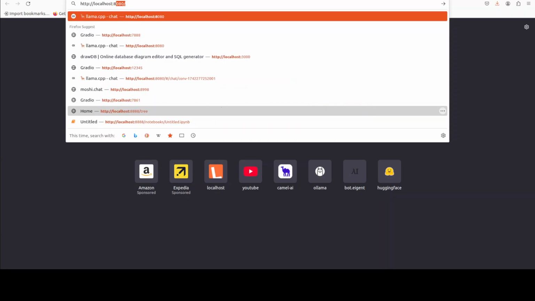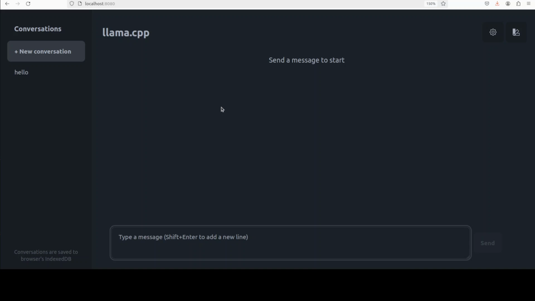So I'm just going to give it port 8080, and there you go. So llama.cpp is running, and I'm just going to use it. But before you use it,